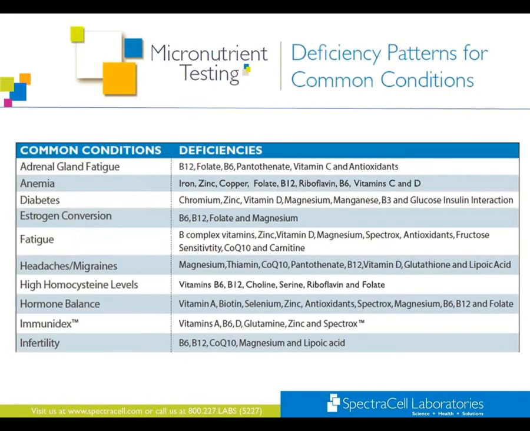So in looking at mastering the most common deficiency patterns here, I want to show you a tool that you have at your disposal. And this is a piece of marketing material that SpectraCell offers. So, certainly if you make contact with the lab, make contact with your representative, they'll get this piece of marketing